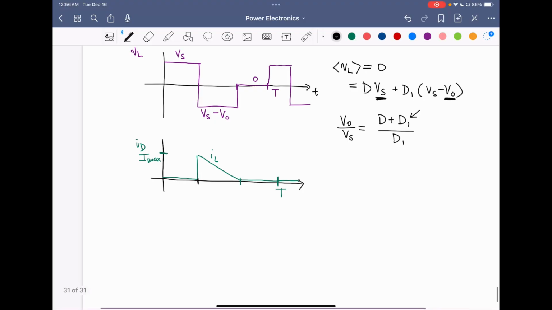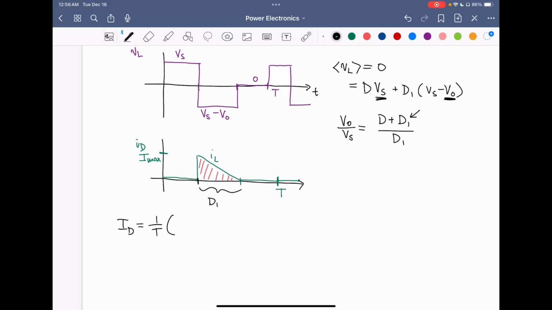We can do that by looking at the average diode current. For the average diode current ID, we just take the area under this curve and divide it by the period,